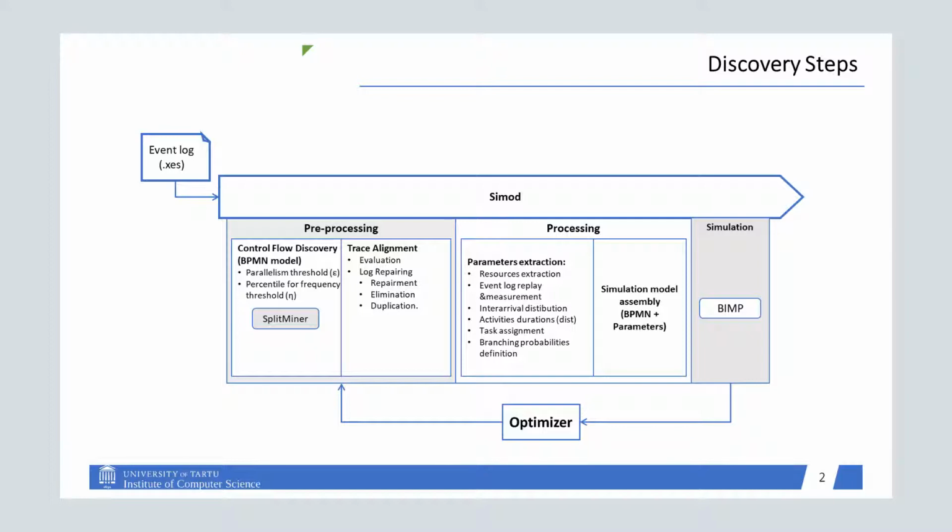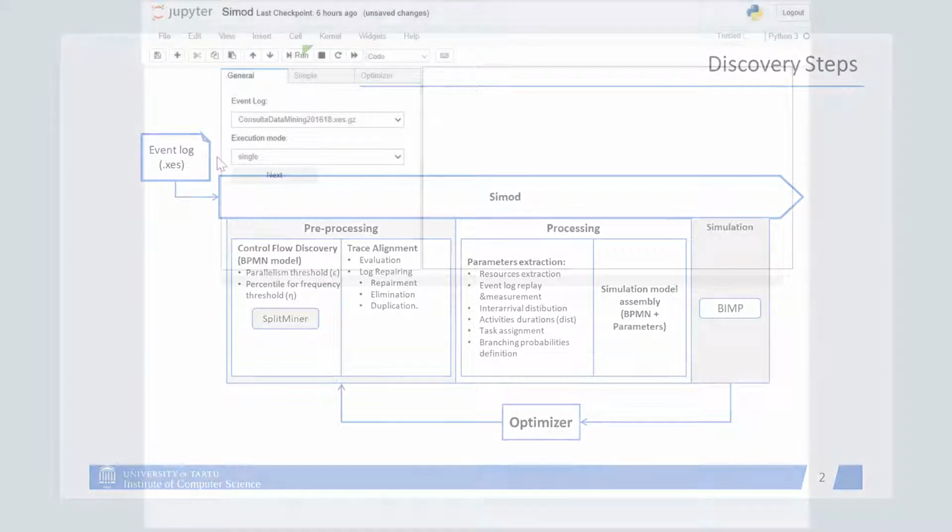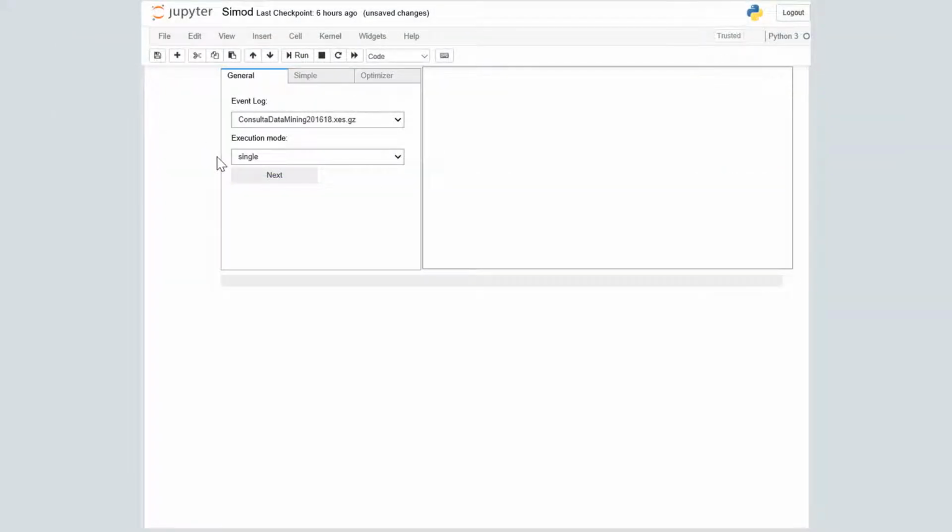In the first one, the user wants to manually explore the different preprocessing options of the tool to generate a simulation model. In the second one, the user defines a search space and the tool automatically explores the combinations looking for the optimal one. CMODE was developed in Python 3.6 and offers a user interface for Jupyter notebooks.